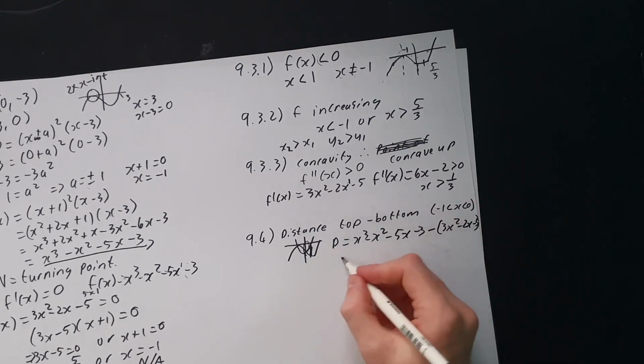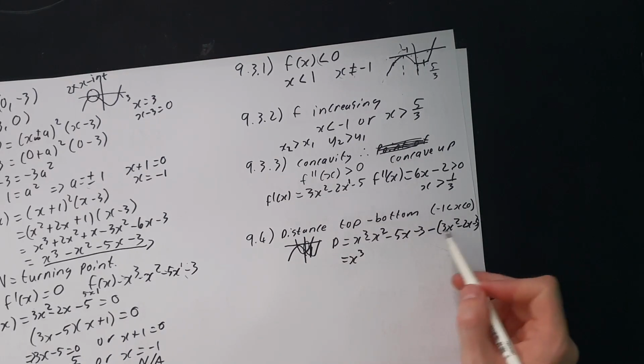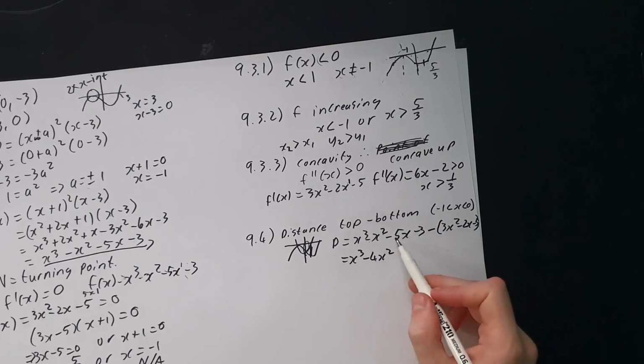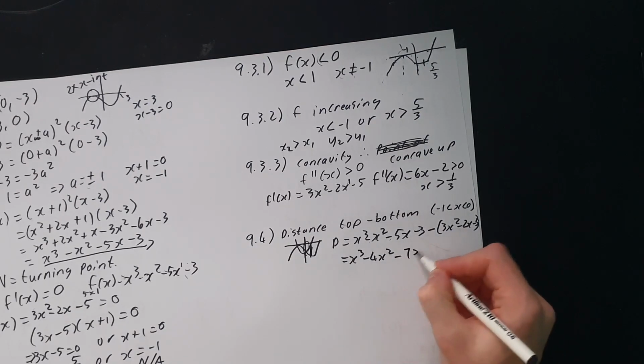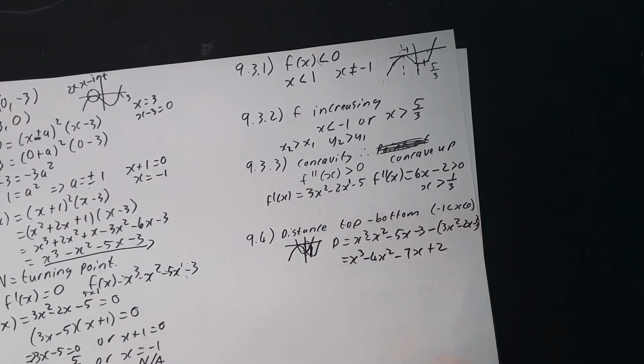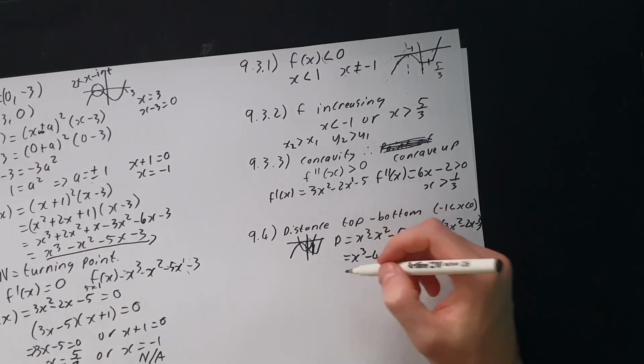If we sort all that out, we're still left with x cubed, but then we have minus x squared minus 3x squared, so that's minus 4x squared. Let's see, minus 5 minus 2, that's minus 7x, and then minus 3 plus 5 gives you plus 2. So now we have the distance between the two. We have an expression for the distance between the two of them. Now what we want to do is find the maximum. Whenever we want to find the maximum,